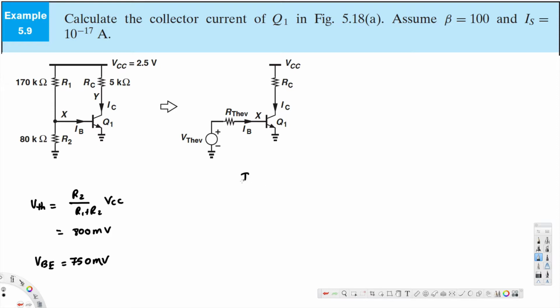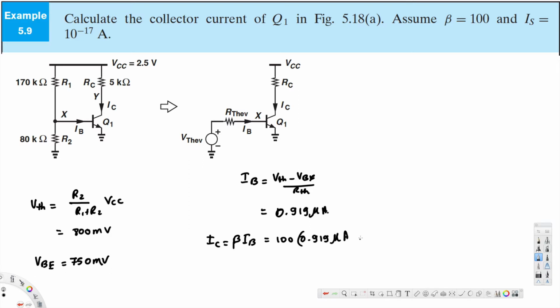And if you calculate IB using that, VThevenin minus VBE divided by RThevenin, that will give us IB, and that is equal to 0.919 microampere. Now from this we can calculate IC. IC is equal to beta times IB. Beta is given as 100, times 0.919 microampere, and that gives us